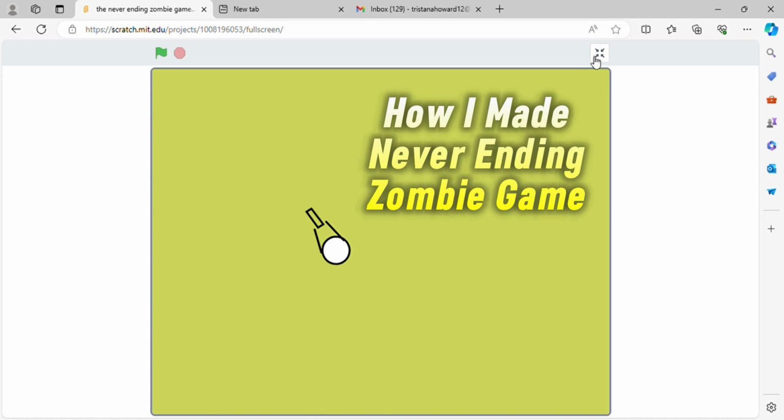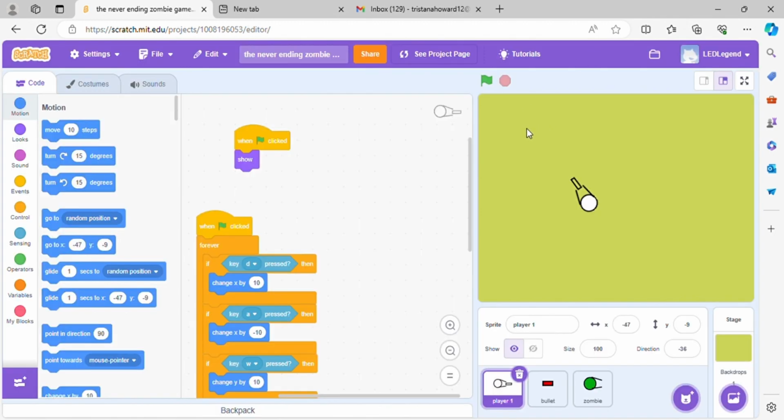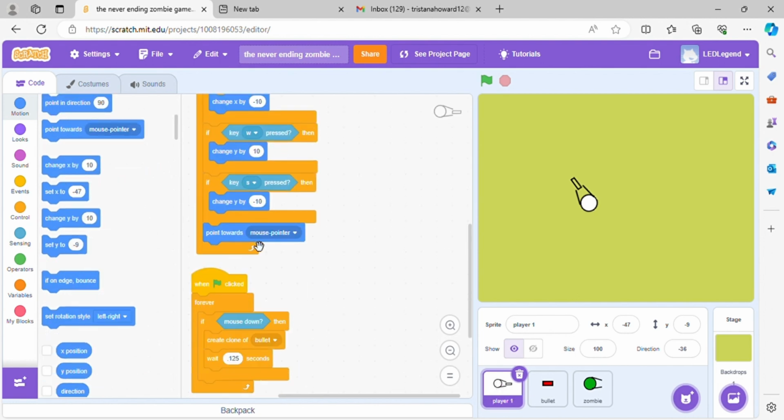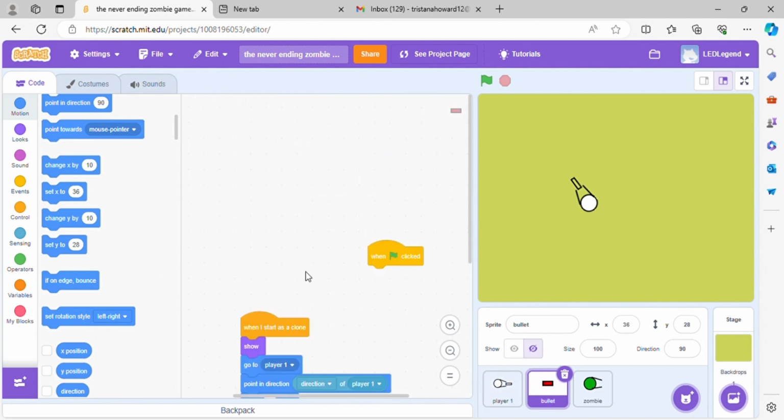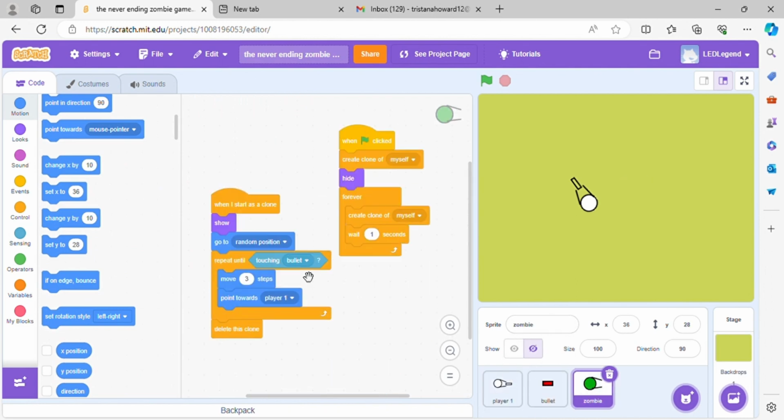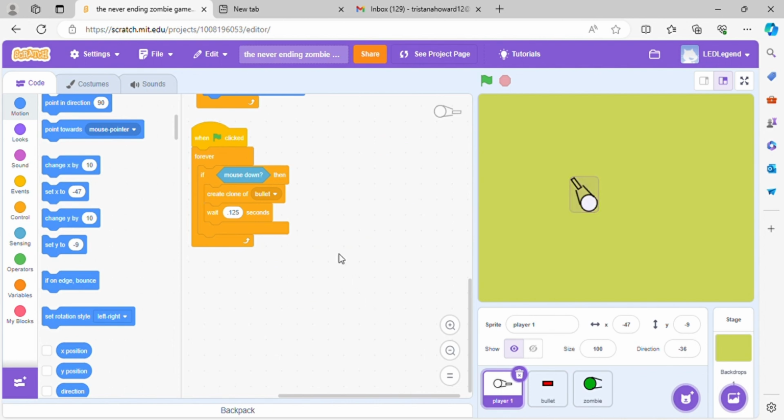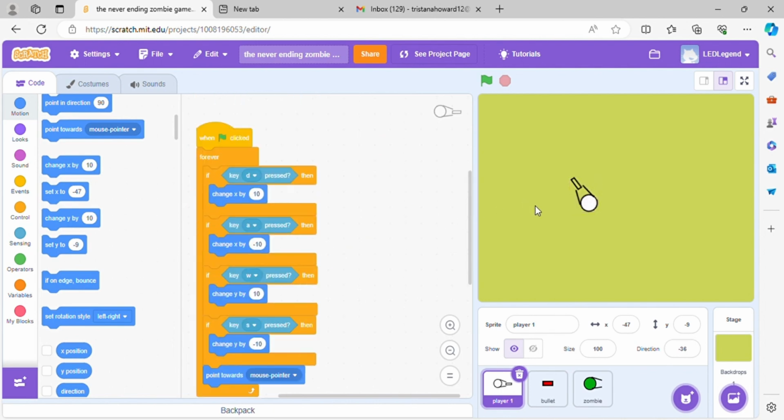So today I'm going to be showing you guys my game that I made on Scratch. It's called the Never Ending Zombie Game. I'm going to be going over all the codes for player 1, bullet, and zombie. So for this code, what I had to do is